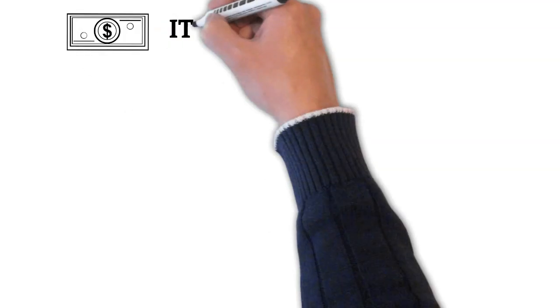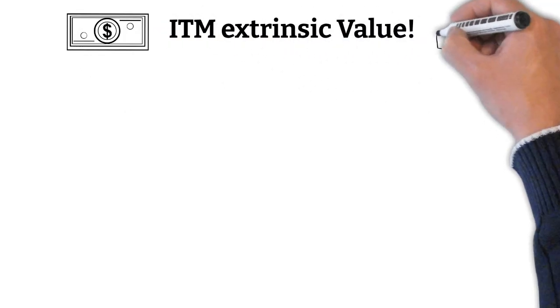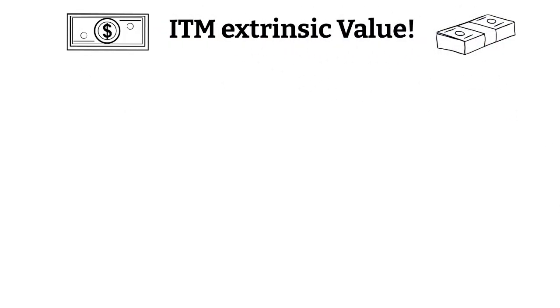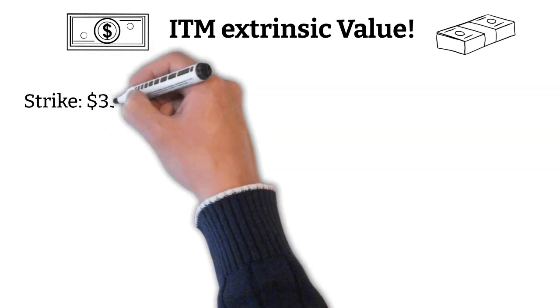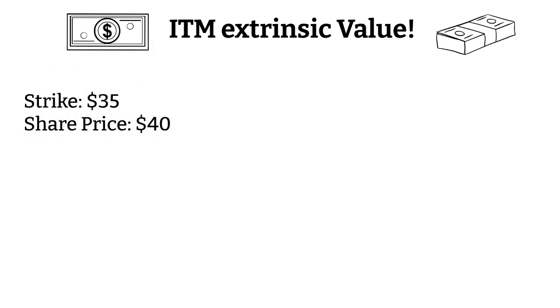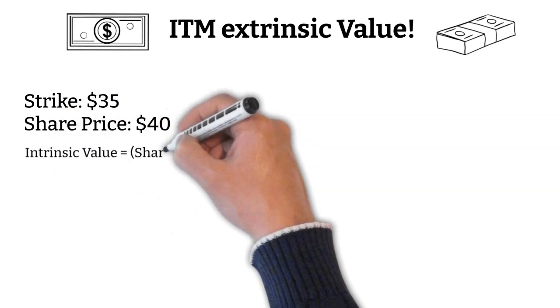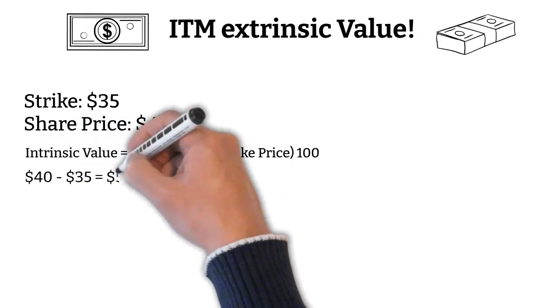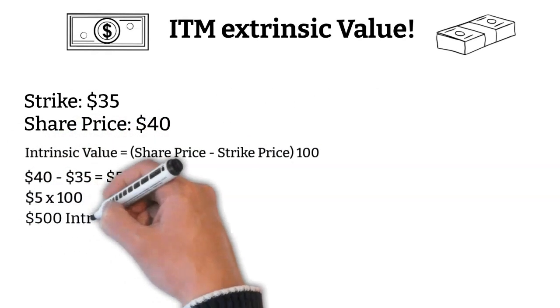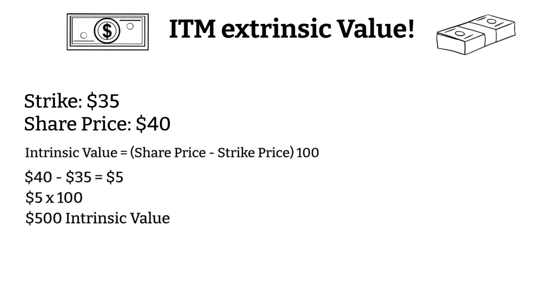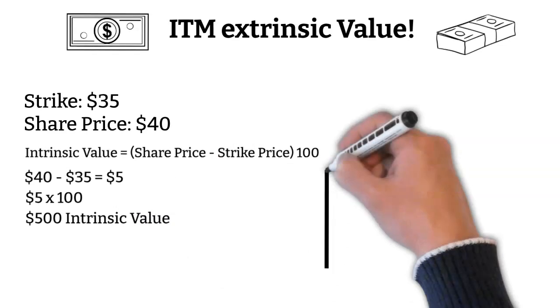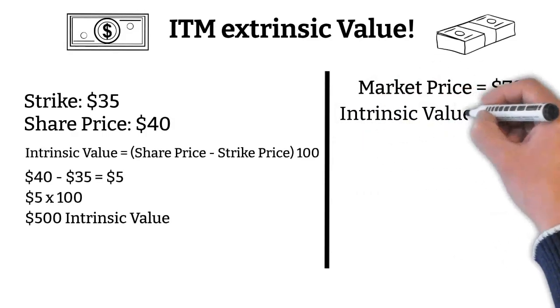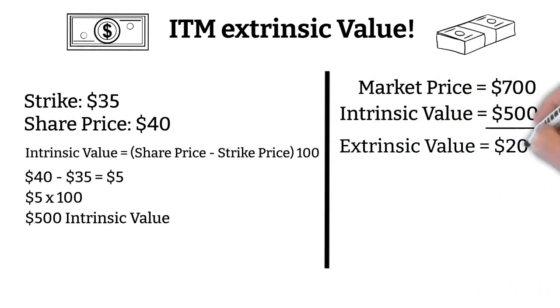It's not just out the money options that have extrinsic value, but in the money options hold extrinsic value as well. So we'll go back to our previous example of holding a call option with a strike price of $35 when the underlying was trading for $40 per share. If you remember, we calculated that this call option had $500 in intrinsic value. So if that call option was trading on the market for $700, the extra $200 would be the extrinsic value